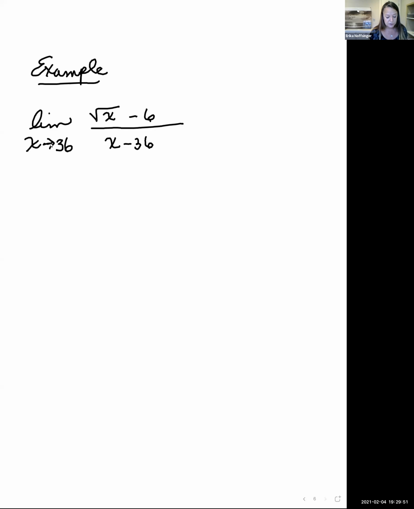So again, I could see direct substitution when we plug in 36 wherever we see an x. I can see that that's going to get me 0 over 0 again, because the square root of 36 minus 6 all over 36 minus 36 gives us the 0 over 0. Okay, and again, in indeterminate form, we have to go in and manipulate. So this is where I'm just going to bring in really quickly